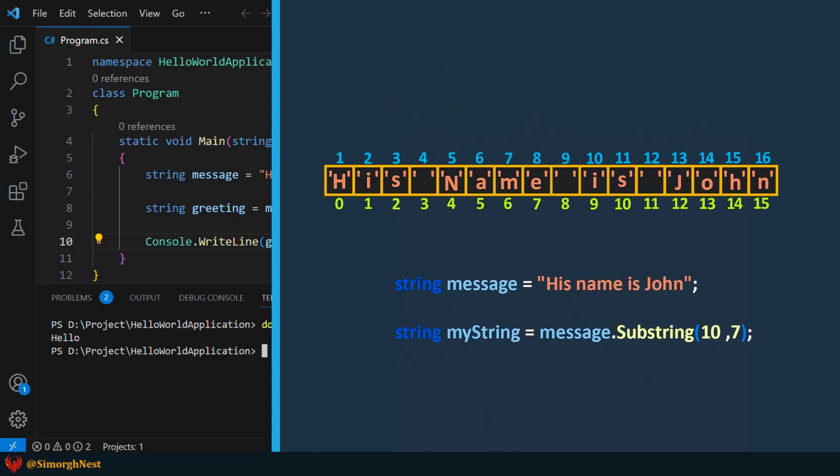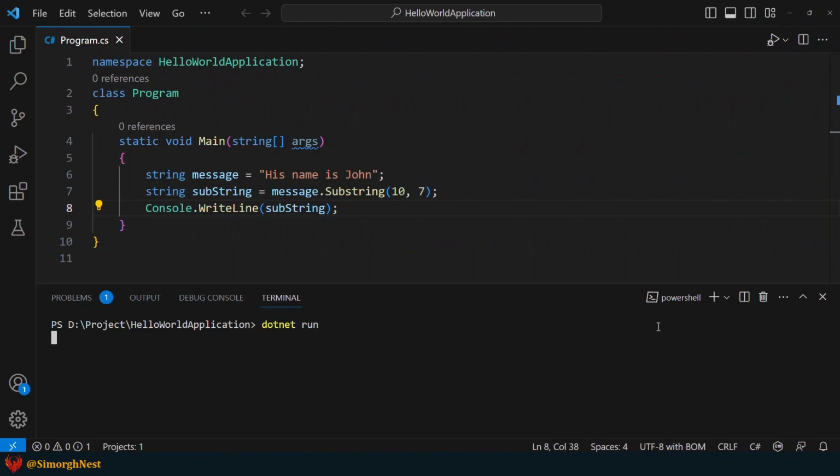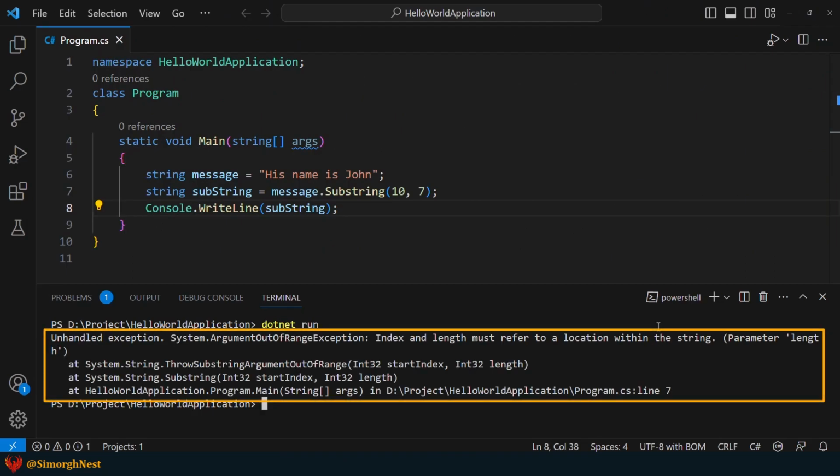For example, in this case, the length of the message variable is 16. Additionally, the sum of these two variables is 17. According to these parameters, this method should extract 7 characters, starting from the index 10. As you can see, the desired position is outside the original string, so we'll encounter an error. Okay, let's run the application to see what happens. As expected, since the sum of two parameters is greater than the length of the message variable, we encounter an